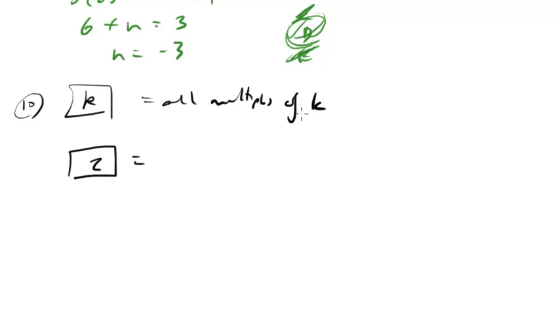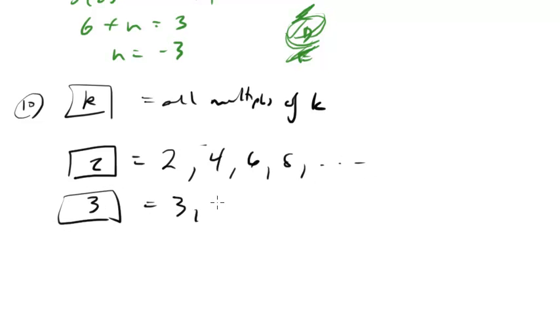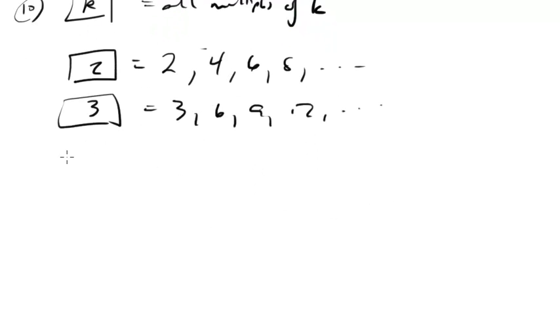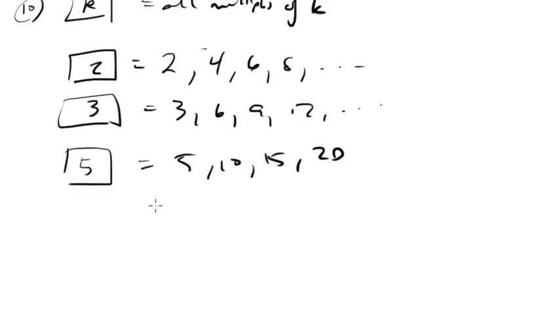Well, this is just all the multiples of 2. So it'll just be 2, 4, 6, 8, forever. We also have 3, which will be all the multiples of 3. 3, 6, 9, 12, forever. And we also have all the multiples of 5. 5, 10, 15, 20, and so on. They want to know